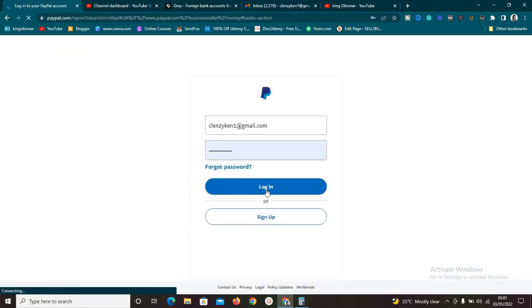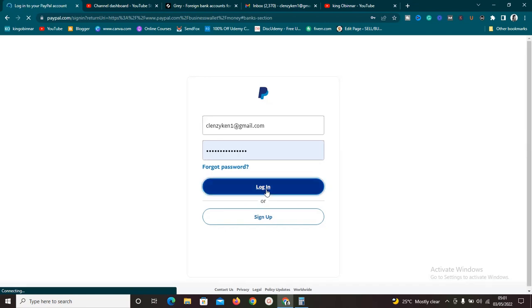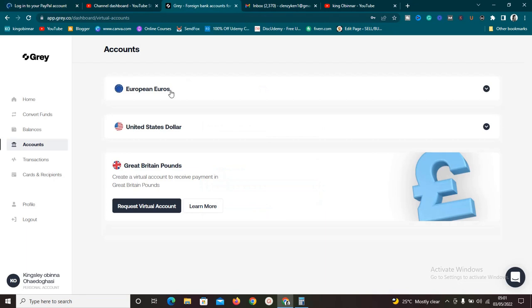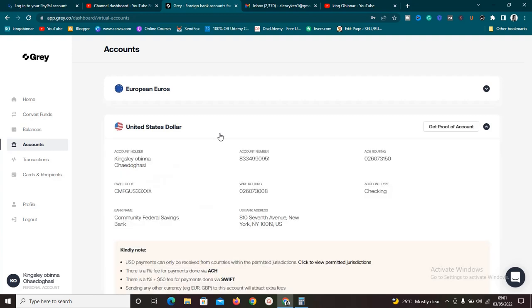Okay, let me log in to my PayPal account again. So immediately you head over to this Banks and Cards section. It's going to bring a tab where you can now enter your bank details. So let's say you have registered on Grail and your account is approved and you have your virtual account. Now if you click on it, you're going to see all your virtual account details, your bank number, the routing